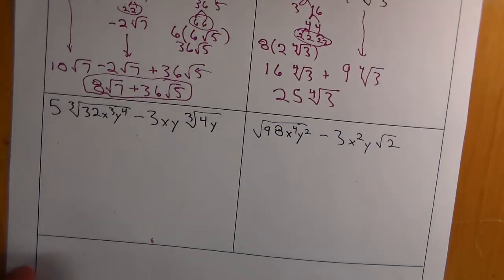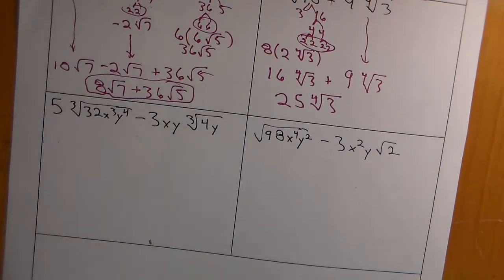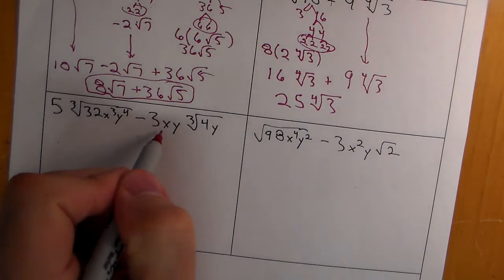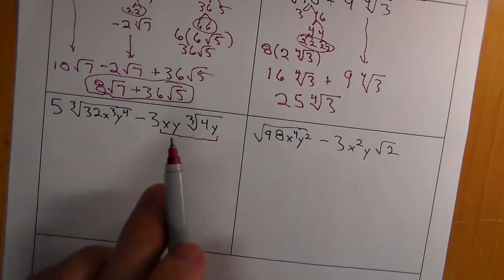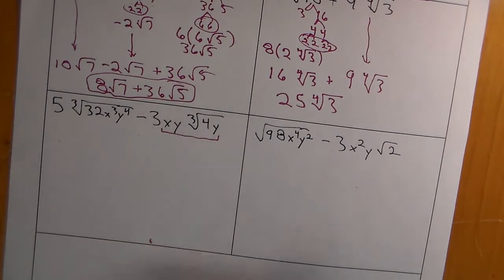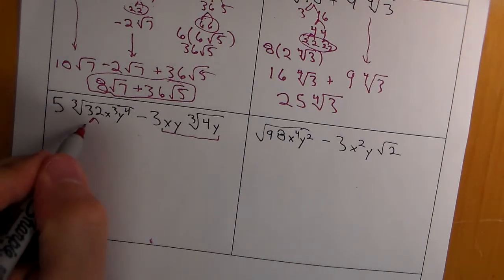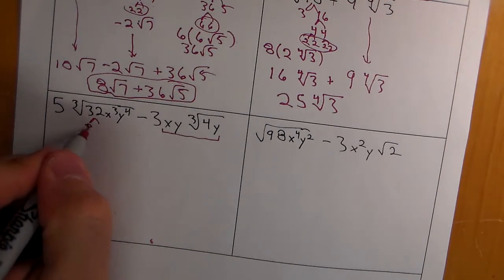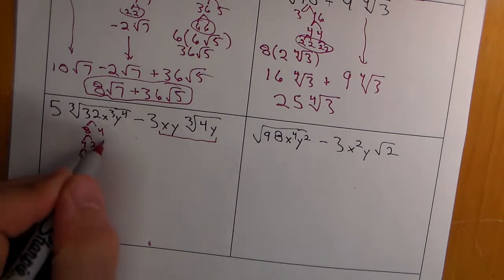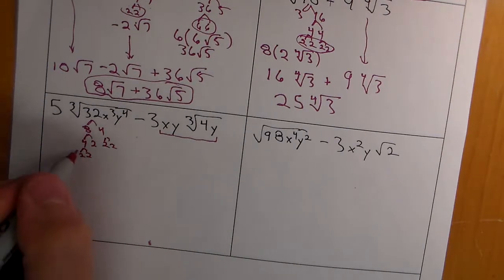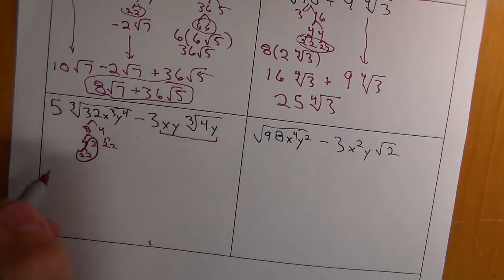Now for these last two we bring in variables. I'm going to simplify these down to see if I can get the variables, the radicals, everything to match. This one's actually already finished. 4y can't be simplified anymore, so I need to get this one to look like that. If it does, I can simplify them. So 32 is 8 times 4, which is 4 times 2, and I get 5 2's there. I take one of those sets out,